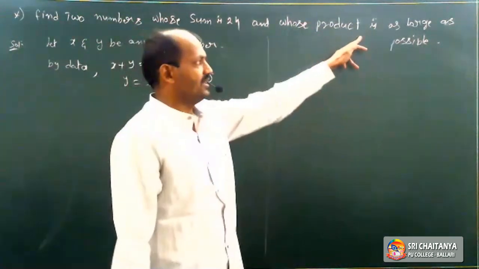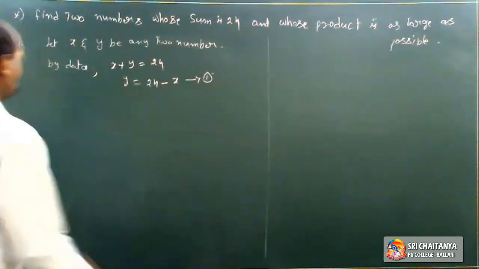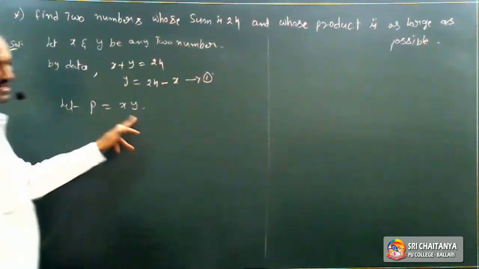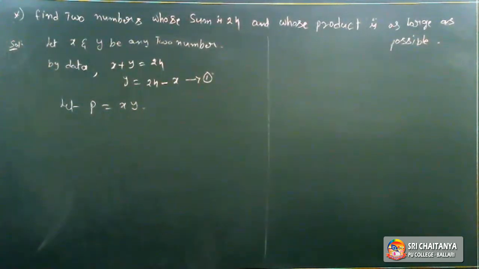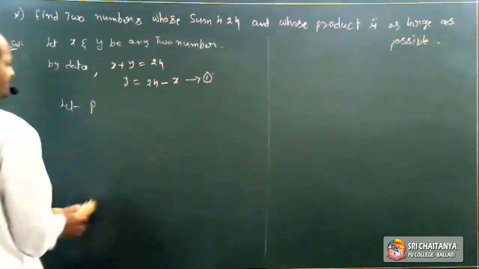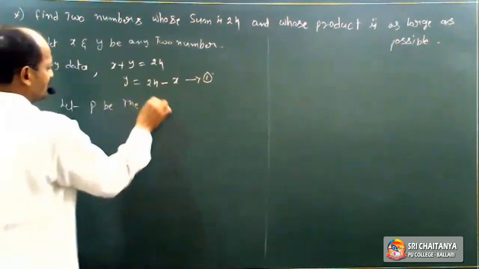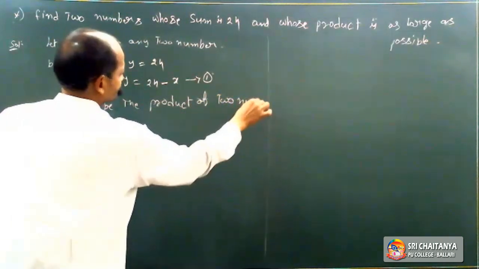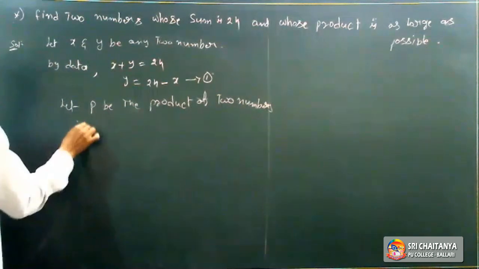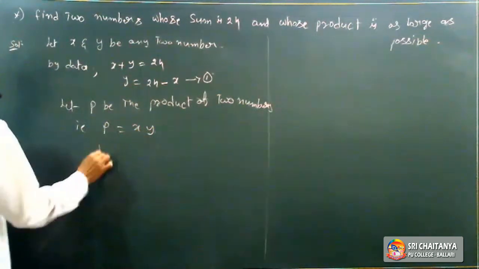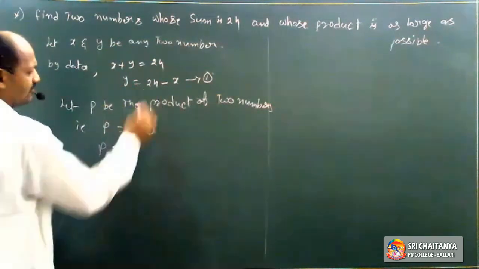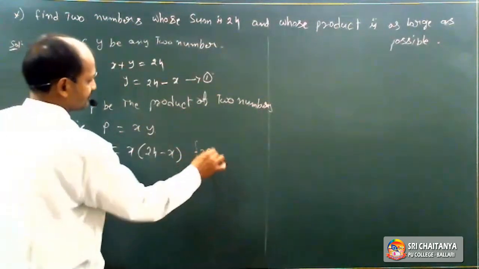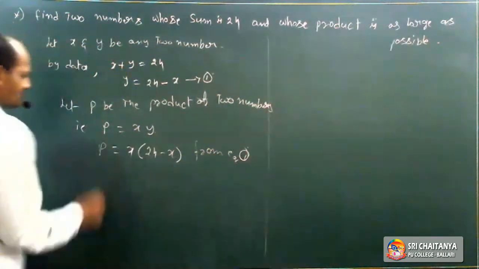And whose product is as large as possible. Let P be the product of the two numbers. That means P is equal to xy. So P is equal to x into y. What about y? Here 24 minus x from equation 1. So here P is equal to